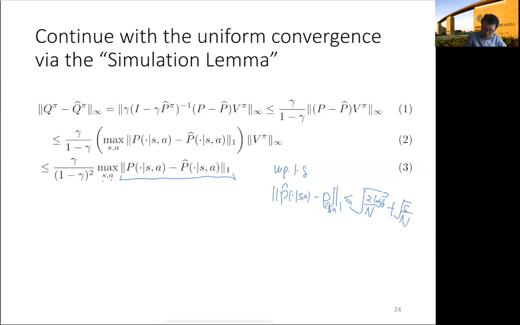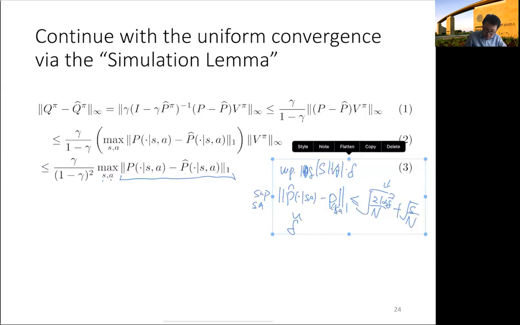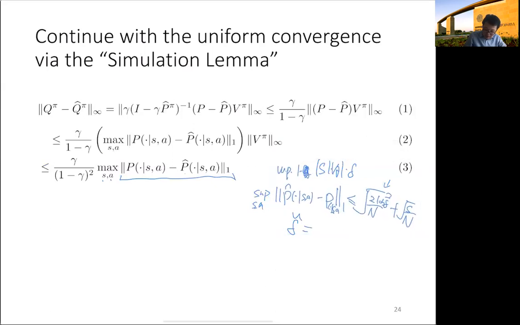Right, so this is our bound. This holds with probability delta. So in total for all SA, it holds with probability basically S times A times delta. What is nice about this is that it depends only logarithmically on 1 over delta. So we can replace delta tilde. We can define delta tilde to be SA delta, and then substitute delta tilde into this inequality first, and then we can essentially bound this 1 minus